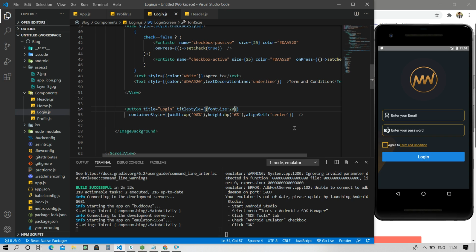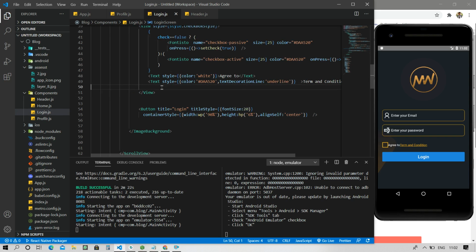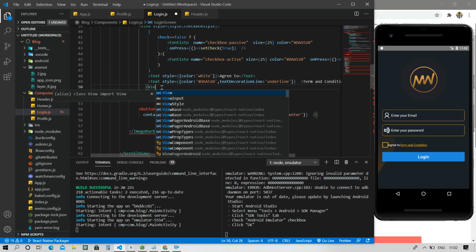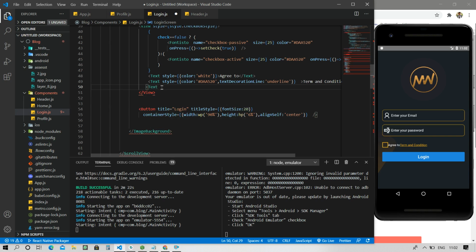So here is our login screen. And if you want to give a forget password view, what we have to do is go here and write some code. I'm not using a view, just using a text, so we can see that the text works properly here. Forget password. Control S. You can see that forget password is appearing.